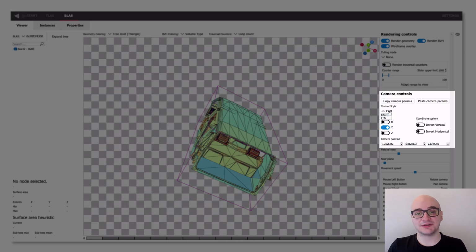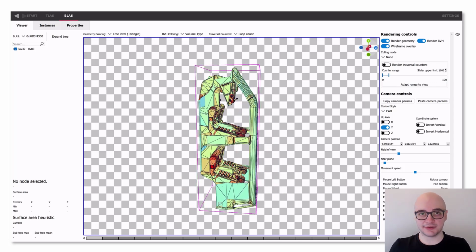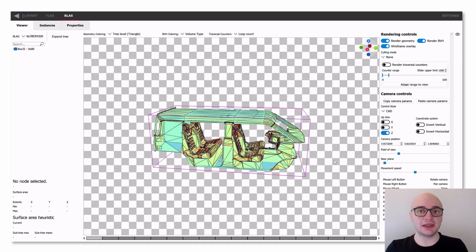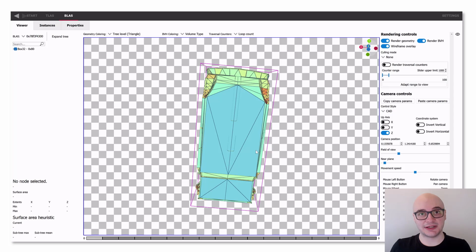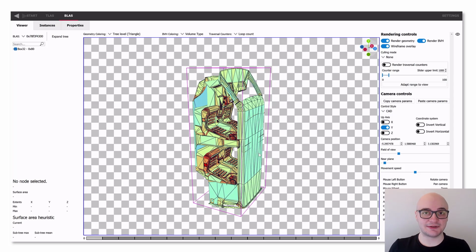Scroll down on the right panel to get more information about the selected camera inputs. Depending on your game's layout, your scenes may be oriented with a different up axis or inverted in vertical or horizontal axes. To align the camera to your scene, you can use the toggles we have just under the control style. You may also use the U key when the up of your camera is oriented towards your game's up axis to adjust the orientation settings automatically. In some cases, you may be interested in specific coordinates within your game. You can enter the camera position directly under the camera orientation settings.